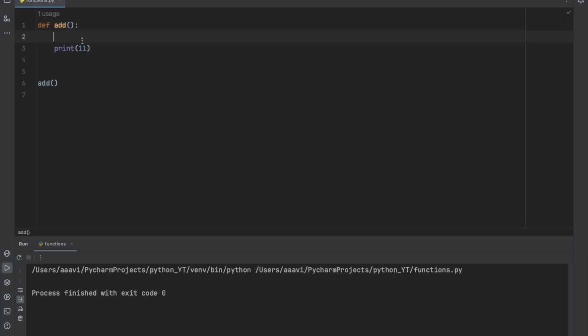Now you can add any type of code inside this indentation. So inside this function you can add any code, and then when you call that function, that code will run. By calling, I mean just writing the function's name and then parentheses. That means it'll call the function and go back to the function and then run whatever's in there. So if I run this,